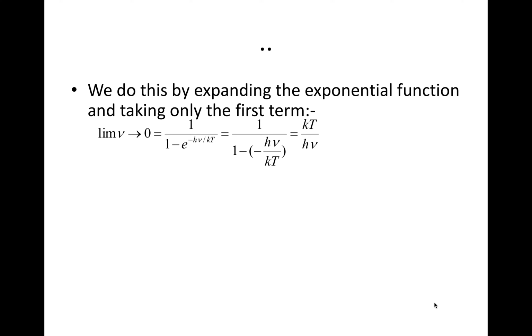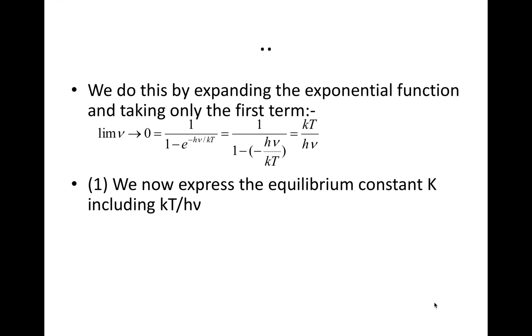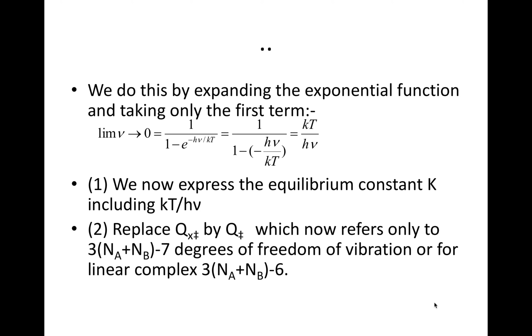So the limit as nu tends to 0 is equal to 1 over 1 minus e to the minus h nu over kT, which becomes 1 over 1 minus, 1 minus h nu over kT, which is equal to kT over h nu. We now express the equilibrium constant K, including kT over h nu. Replace QX double dagger by Q double dagger, because we have removed one frequency,